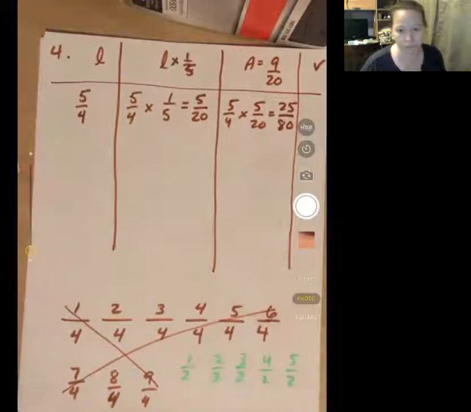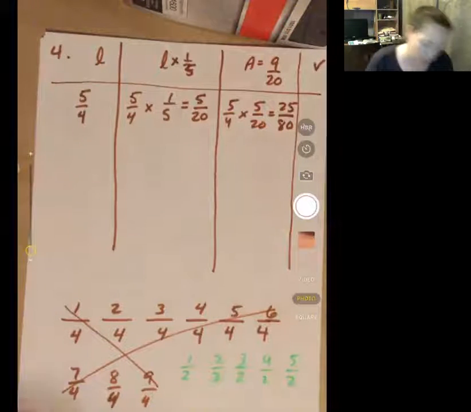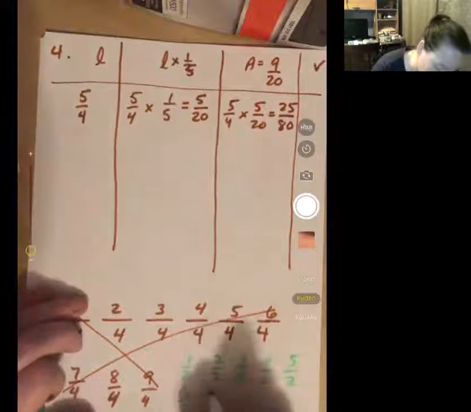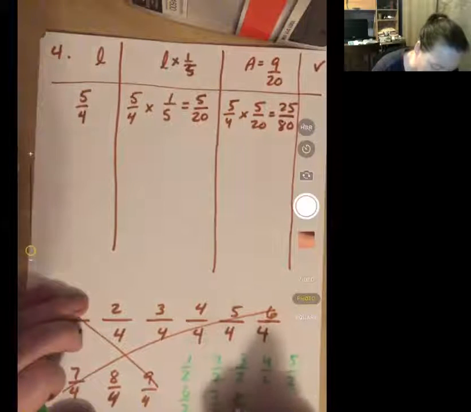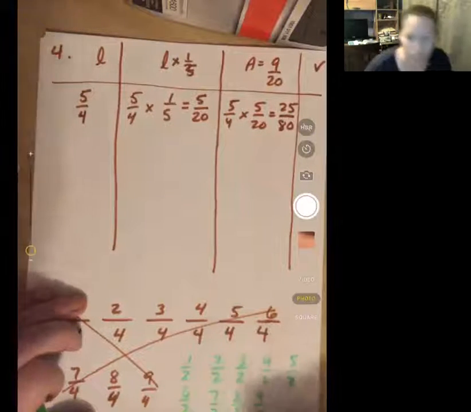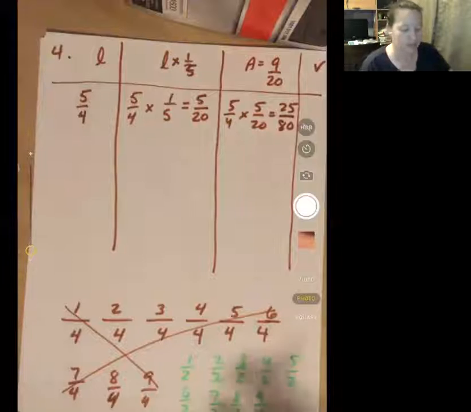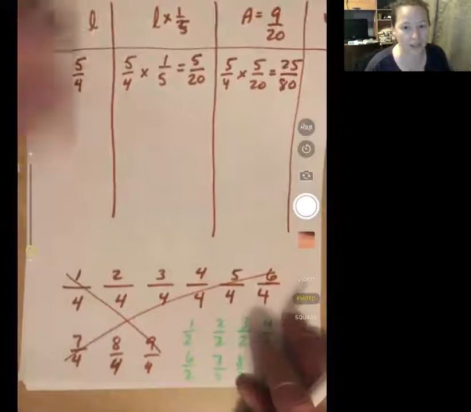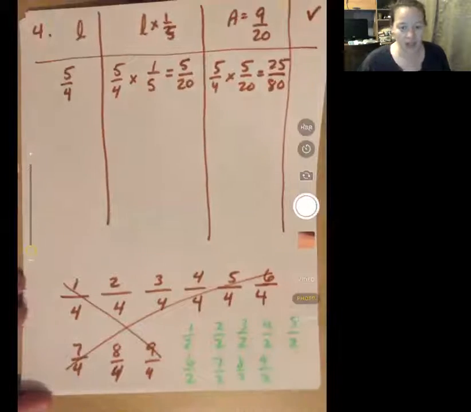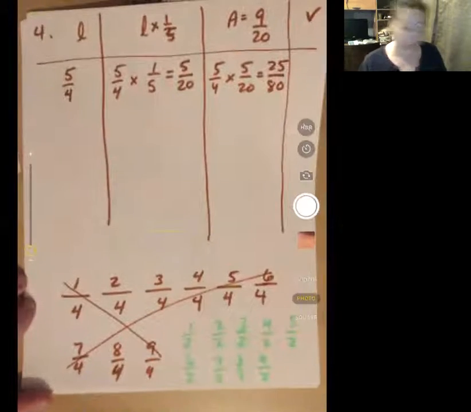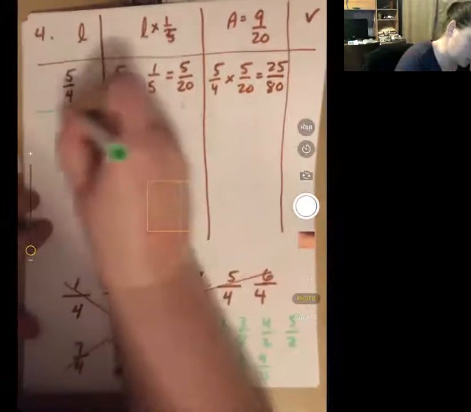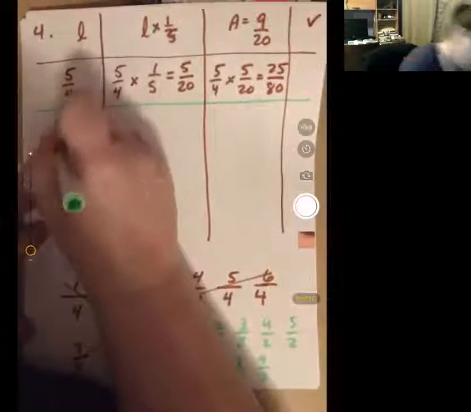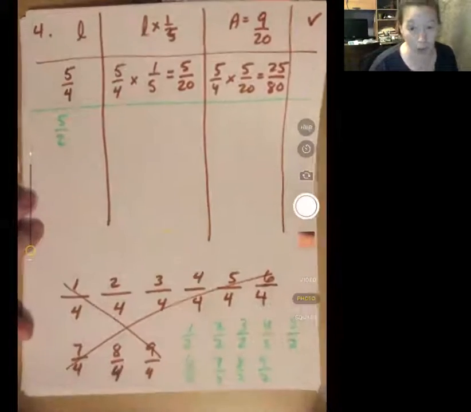over 2. Okay, so let's try one of those. Oh wait, 6 over 2, 7 over 2, 8 over 2, 9 over 2. Okay, so once again, I am going to start with the 5. I'm going to start with the 5, except this time it is going to be a 5 over 2. Let's see what happens. 5 over 2. Okay, so